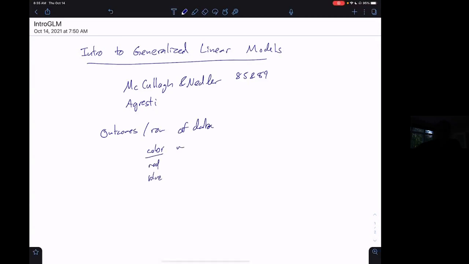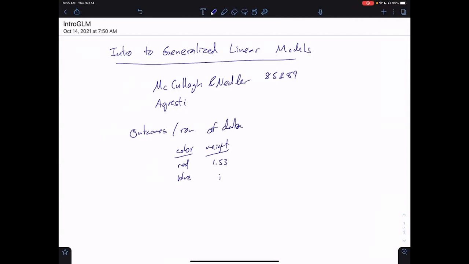Maybe it has weight, that's a floating point number, and maybe it has something that you care about, like is it disease state, yes or no, right? And you can imagine there's many different rows like this, and you can think about each row as one outcome or one experiment, one individual, and then you summarize that table